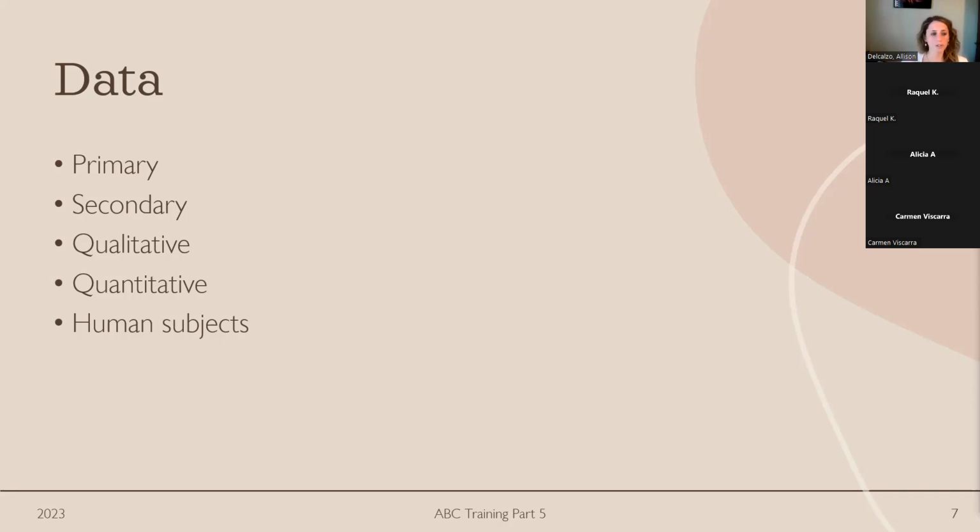Research ethics. So when you're doing research with human subjects, ensuring that you do no harm and getting informed consent is important. So you want to make sure people, if they're participating in your data collection project, are aware of what's happening, and that you're getting their consent to work with them, and also that whatever your research topic is, you're not doing anything that could be harmful to the participant. So that's what I want to say about data.